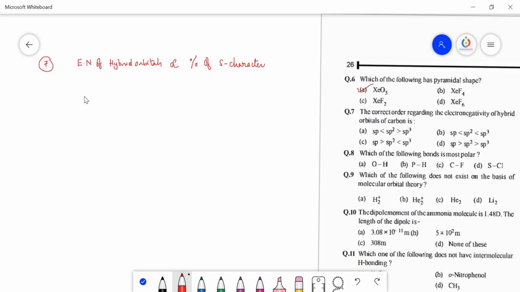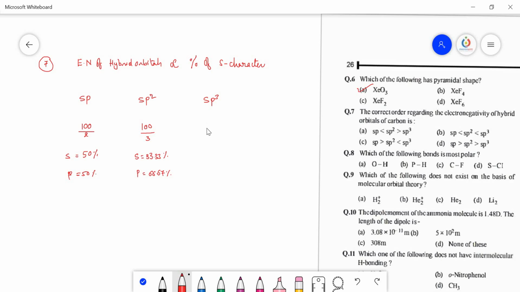So here they have given three types of orbitals: sp, sp2, sp3. Here, how many orbitals are there? Only two, one s orbital and one p orbital. Let us take two orbitals contributing 100%. There are two orbitals, so divide 100 by 2. So each orbital contribution is 50%. So the s orbital is 50% and the p orbital is also 50%. And here three orbitals are there, two p orbitals and one s orbital. Imagine they are again contributing 100% towards the hybridization, so 100 by 3. So the s orbital will get 33.33%,